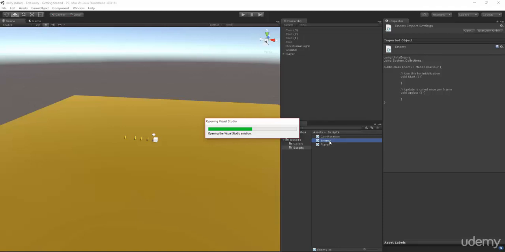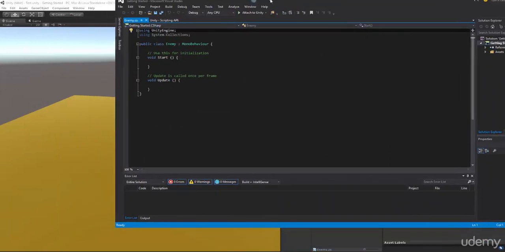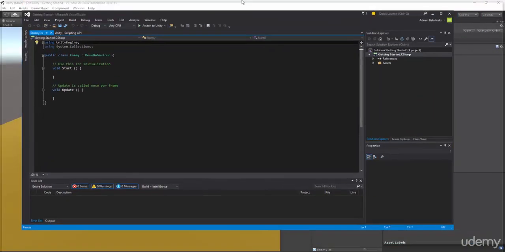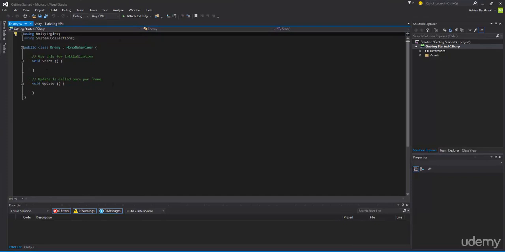My Visual Studio is loading up. For you, it could be MonoDevelop. It doesn't really have too big of a difference as far as coding goes, or at all. So you could really be using any type of console. So to get started, we're gonna make this